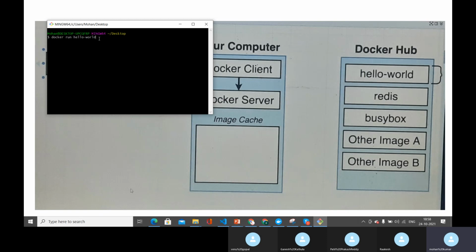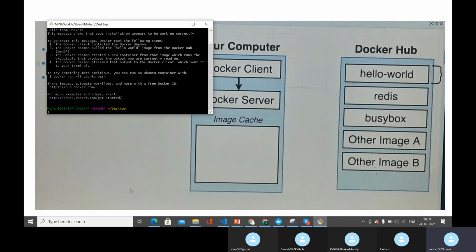Let's not bother about the commands that are used. Just understand how the communication is happening between the client and the server, what is basically a client and what is basically a server, and what is actually a Docker hub. When the Docker server goes to Docker hub, and how it searches, what is its priority search and what is its later search. That's the only intention. Now if I run this particular docker run hello world, let's look at the output, what is coming out.